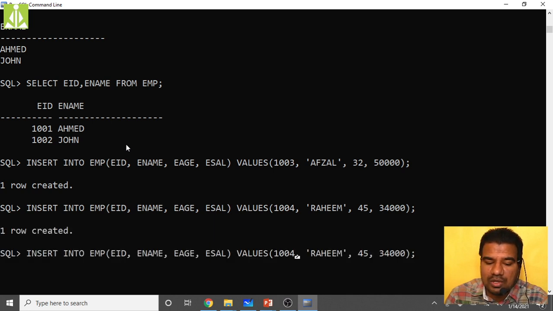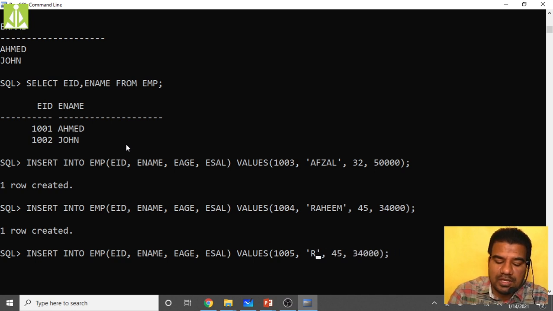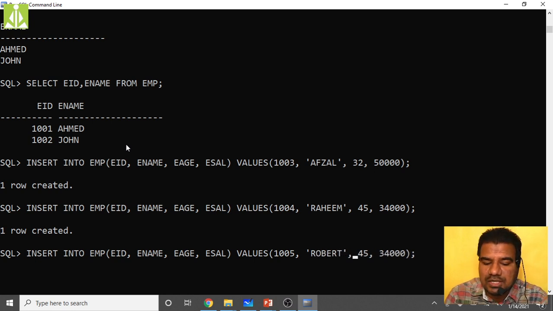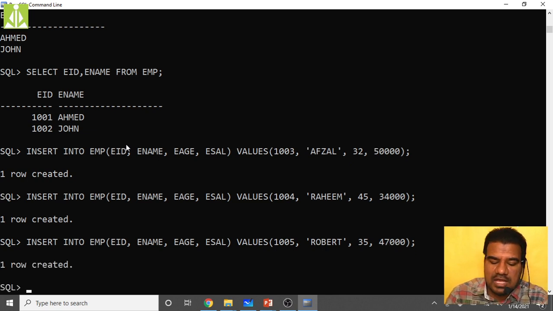Create another row: 1005 is the ID, person name is Robot, age is 35, and salary is like 47,000 something. Hit enter. So I have created random rows.